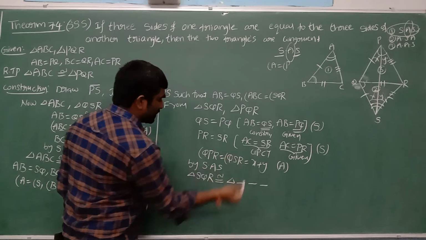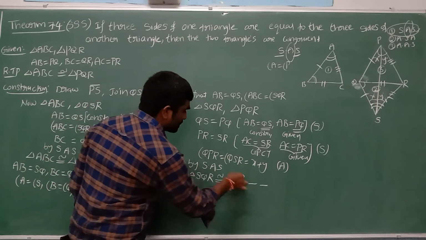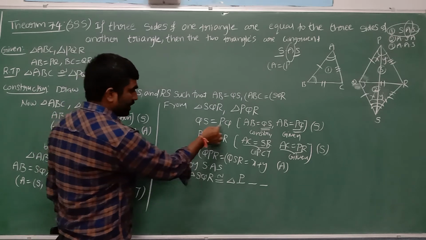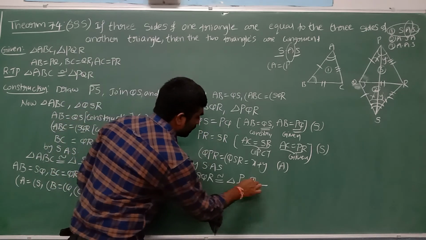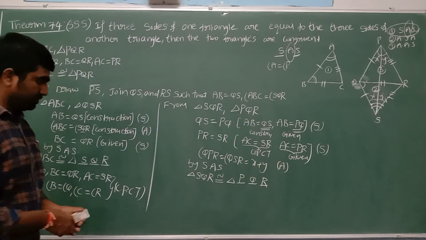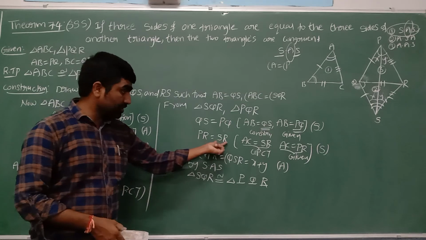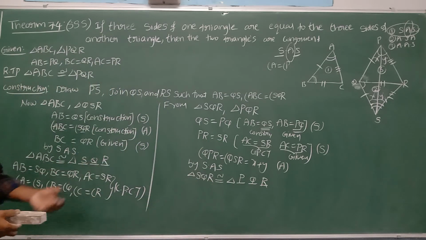Angle P equal to angle S, beta. Yes, here P also first. Then QS is equal to PQ. QS first, PQ also first, finished. More, we can write R. You can write PR is equal to SR. PR last, SR also last. Yes. Second and third triangle is also congruent.